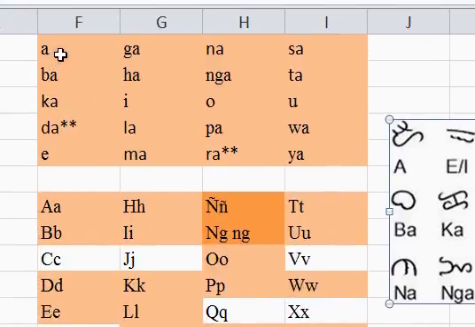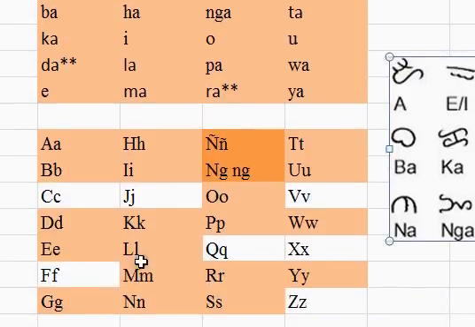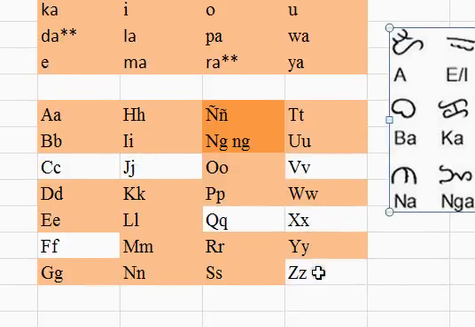So we kind of adapted the English writing system, which is the alphabet, and we have some missing sounds here. If you notice, we don't have the letter C there, the J, F, Q, V, X, and Z. So those are letters that we adopted.